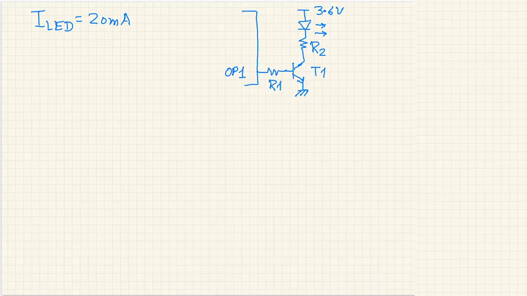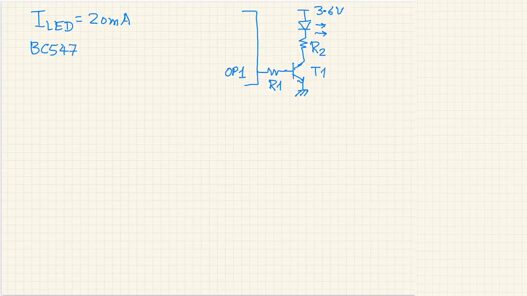The load current in this case is the current through the LED, which we have decided to be 20 milliamperes. So, as long as the transistor is able to handle much more than 20 milliamperes, any transistor should be fine. Now, how much is much more? Let us say we use a commonly available transistor which we use in our undergraduate electronics laboratories,